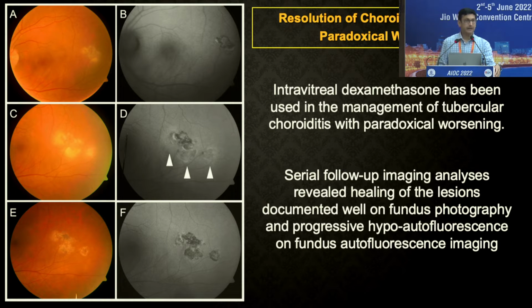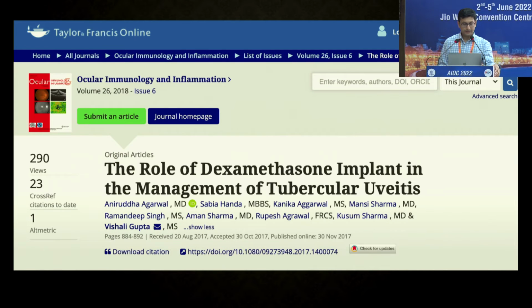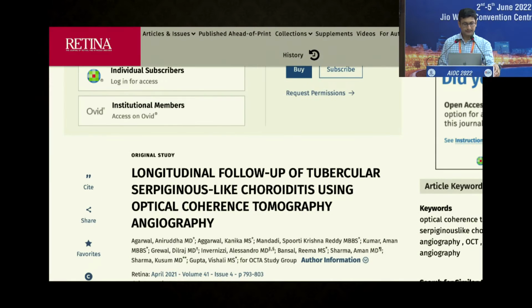Usually in our clinical practice, we rarely like to go beyond 60 milligrams per day of prednisolone. Beyond 60 milligrams, studies have shown that it's not safe. So going up to 70, 80, especially in heavy patients, is not the preferred practice. So in such patients, you can go ahead with the Ozurdex implant. But please make sure you're dealing with only and only choroiditis and not an infection. So this was a publication of the use in TB uveitis.